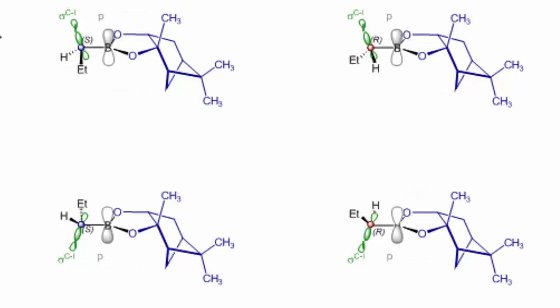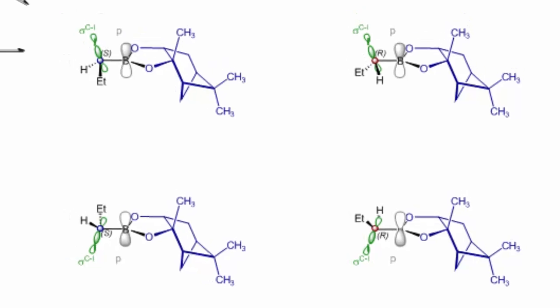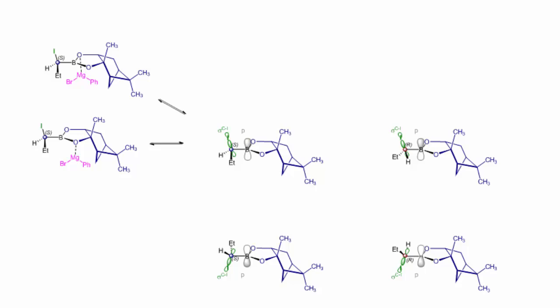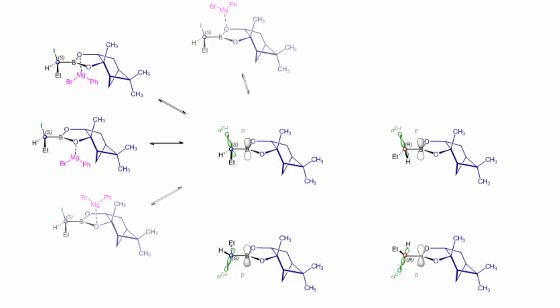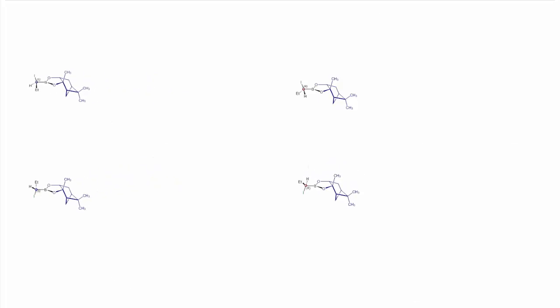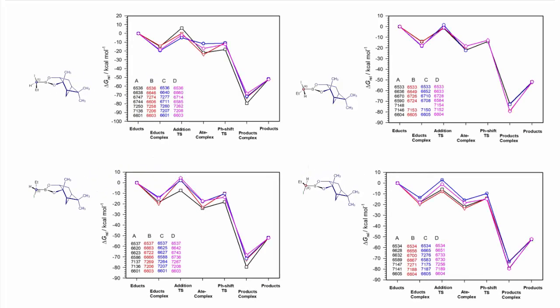When these compounds see a Grignard molecule, our calculations suggest that they don't immediately form an ate complex. The first thing that happens is a reversible association of the Grignard's magnesium atom to one of the boronate oxygens. Theoretically, this again can happen in 4 ways, as the Grignard can attack both O2 and O3 from both the endo and exo side again. This way, each of the 4 iodides can theoretically form 4 magnesium complexes, which alone opens up 16 different pathways in which the reaction could go.